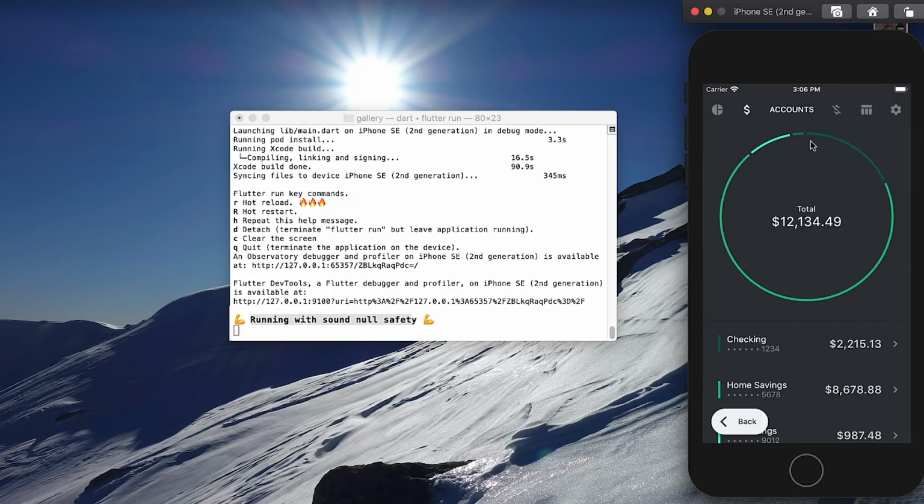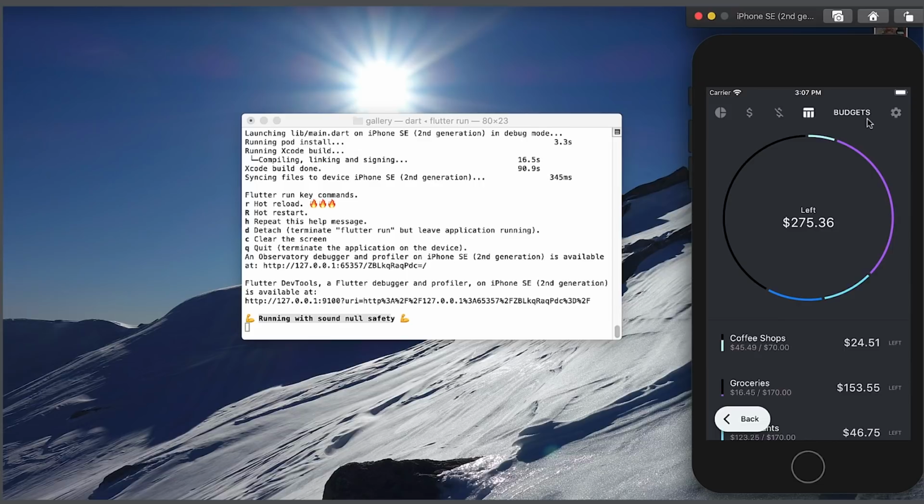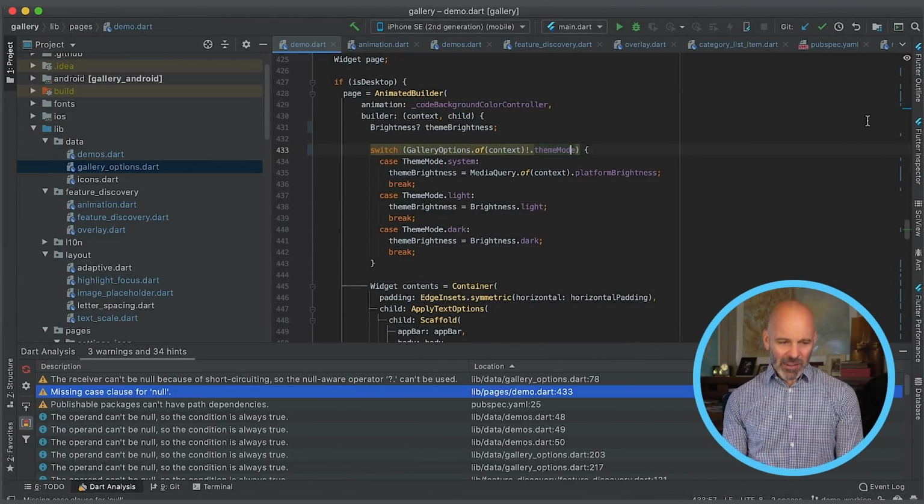That's not always the case. It's possible that you will get new runtime errors. Maybe you added a null assertion operator in a place that it wasn't supposed to, or any of a various number of small things. But in this case, we seem to have ended up in a pretty good spot, and the code is running just fine. So that's pretty cool, right?